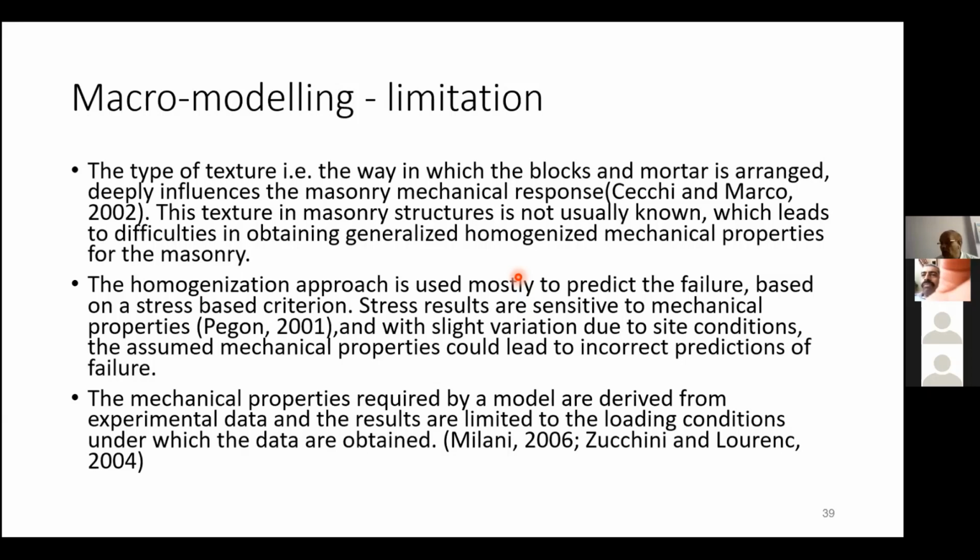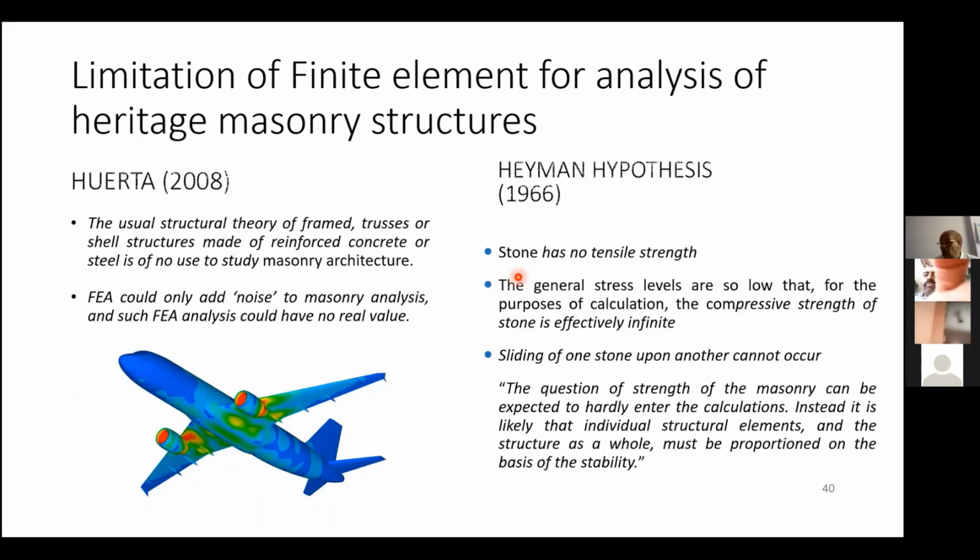You cannot get the modulus of elasticity or Poisson's ratio. At least with accuracy, it is very difficult to identify these parameters. And in the absence of these parameters, you cannot analyze the structure as homogenized. So as the finite element lobby many times thinks, finite element can be used for analysis of anything, starting from aeroplanes, human brain, bones, aerodynamics, you name it, and finite element is in that particular field. So people believe that finite element can be used anywhere.